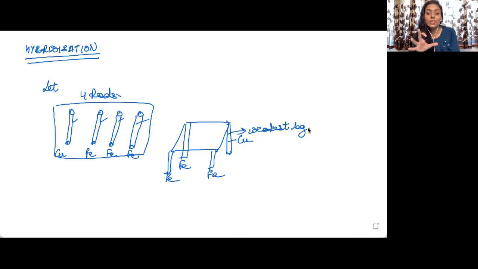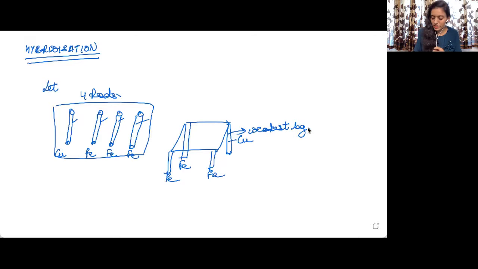But consider your table, which is having metal rods. Is it that all the rods are of equal strength or they are of different strengths? They're all of equal strengths, right? All the rods have equal sizes, equal diameters, everything is same. Now, how to make 4 equivalent legs of the table using different rods? 1 is of copper and other 3 are of iron.